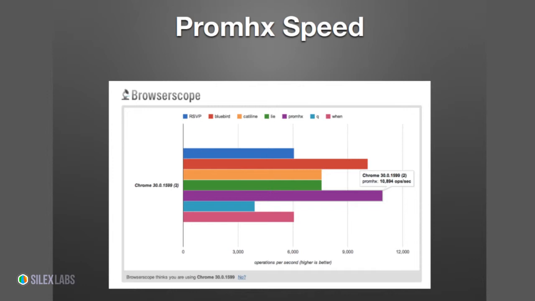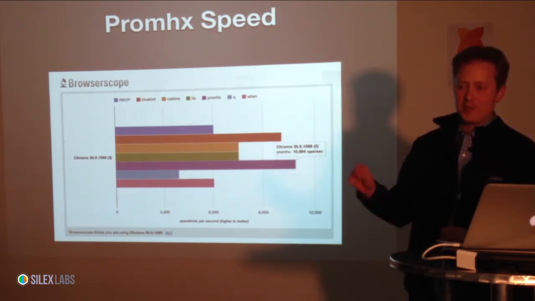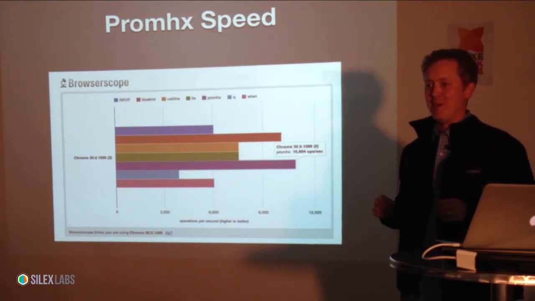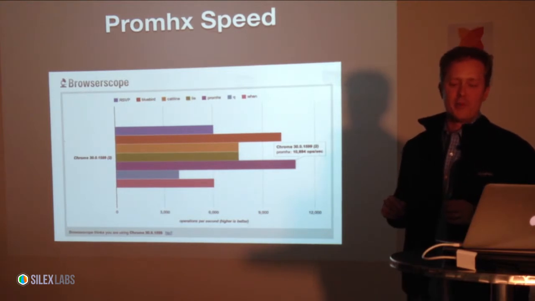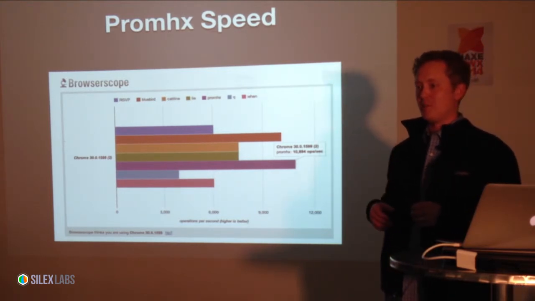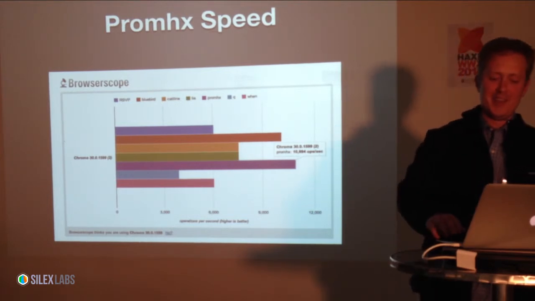No, the other thing that Promhx is really good at is that because I have all this special handling for the event loop, trying to make that as efficient as possible, it has a very nice performance. I took this snapshot intentionally when it was winning, so it's still performing quite well, but I've since added some features that I think have slowed it down a little bit. So I'm playing with that. I don't think it has the crown anymore, but it's still very, very fast in JavaScript. And